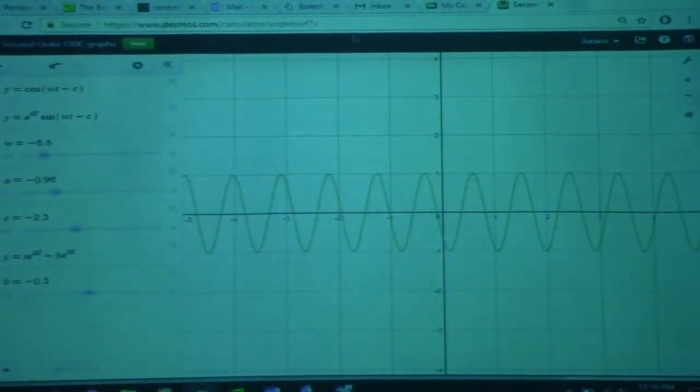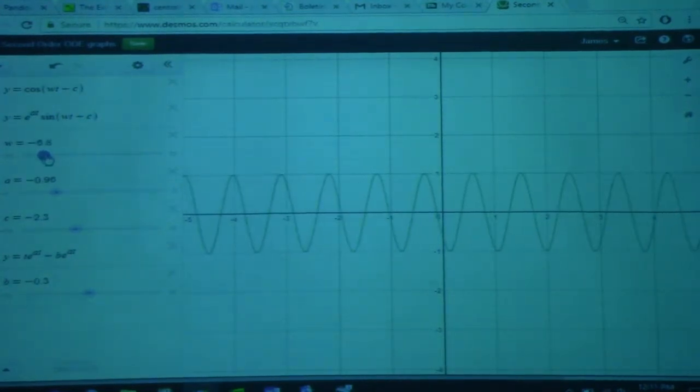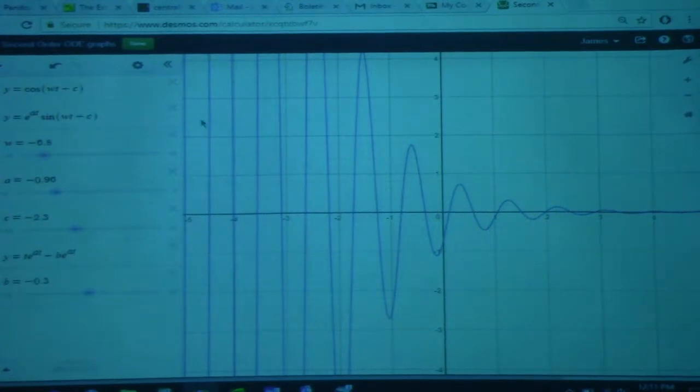Look here. So you guys know what sines and cosines look like, right? If you change the natural frequency, you can compress the frequency. There it is. That's the pure harmonic motion. Of course, you guys know about that already. Here is